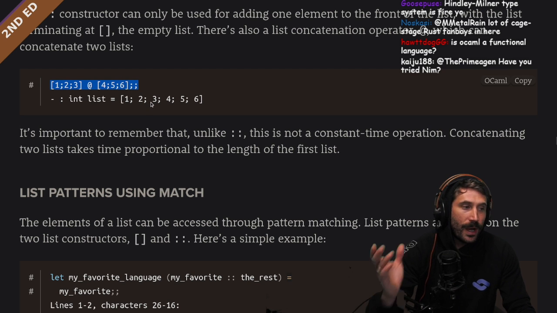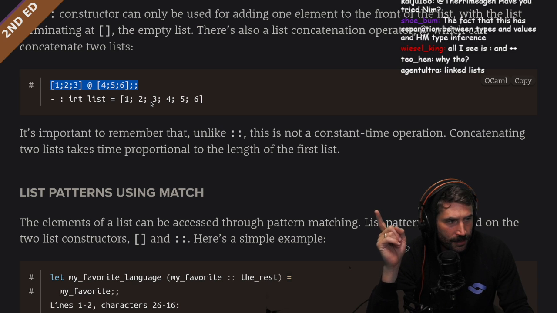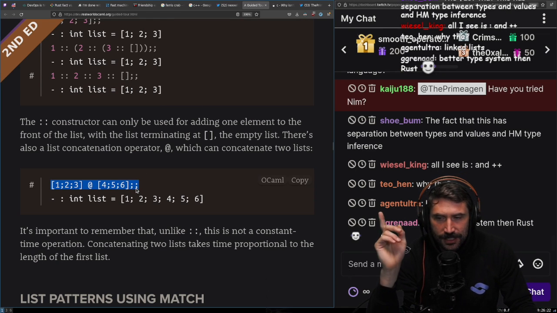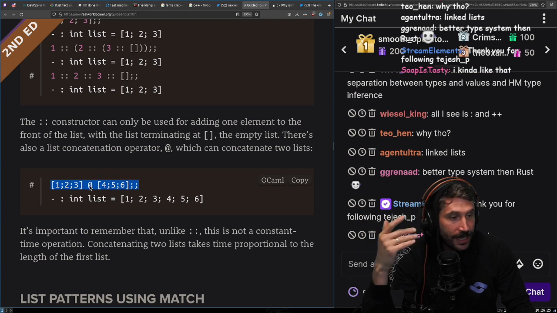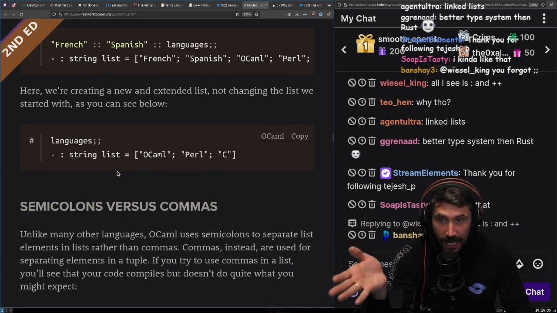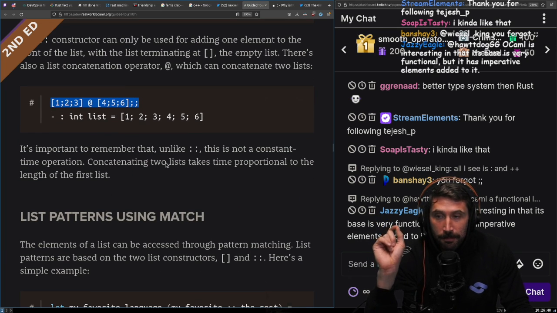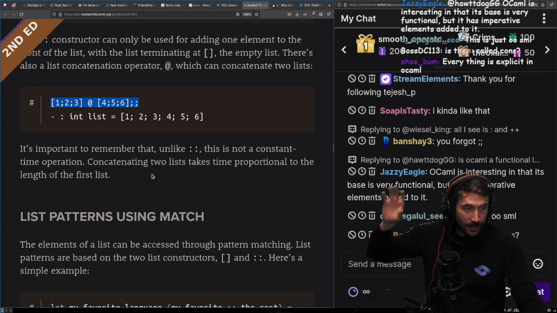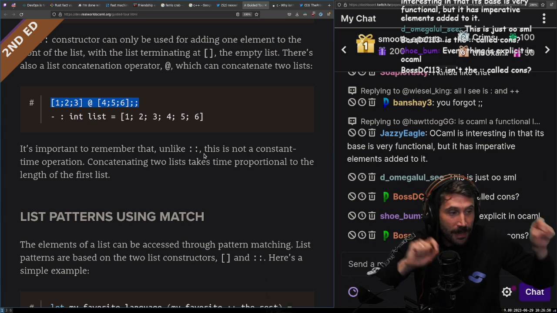By the way, there's one reason why I do like this. I think people are saying this right here: a better type system than Rust. One reason why this is so awesome is that by using different symbols for different operations, right? An @ sign for addition of two lists versus a plus sign for addition of two ints versus a plus dot for an addition of two floats. The reason why that is good is that the type system can infer much quicker, right? There's way more hints about what the types are. So when you do an @ sign between two variables, it can infer all the way up. These must be lists. I'm pretty sure of it.